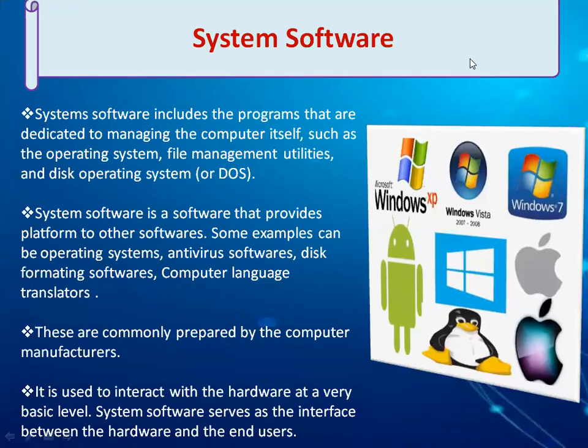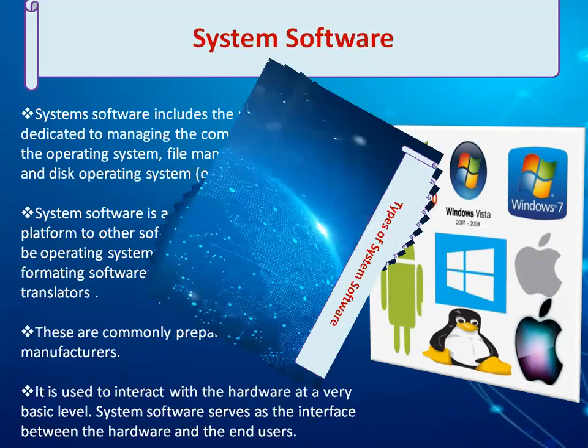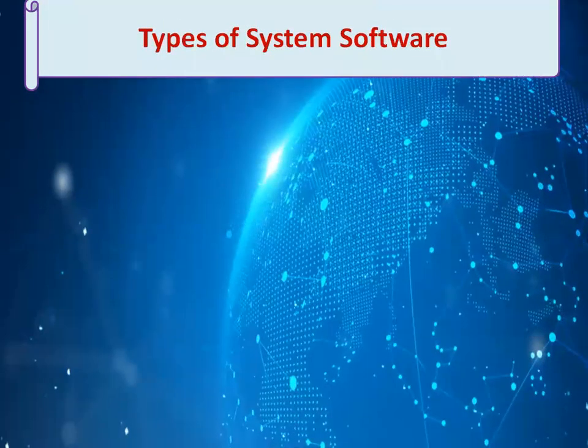Basically, system software is a collection of system programs that control and coordinate the activities of the computer system. System software consists of a collection of operative programs required to control computer hardware and also execute application software. The purpose of system software is to make the use of the computer more effective and efficient. A computer without some kind of system software would be ineffective and impossible to operate. So we have different types of system software available.